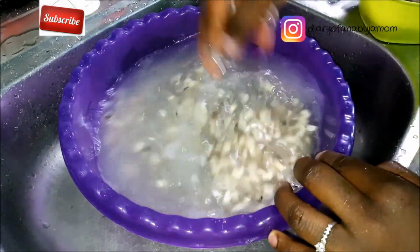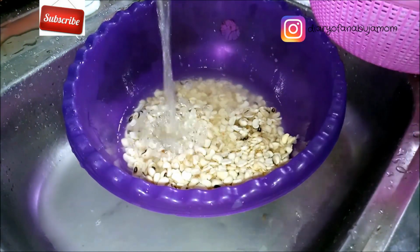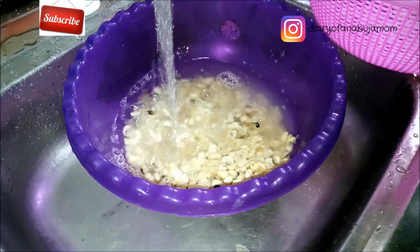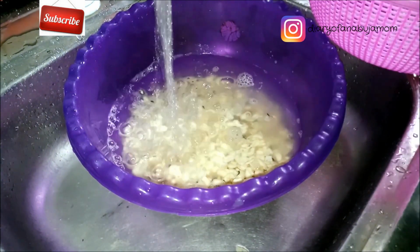I do mine by adding water and then sieving. And then I'm just going to add more water. It's just basically the same thing, adding water, sieving, adding water, making sure the peels are coming up and making sure there are no stones, sand and